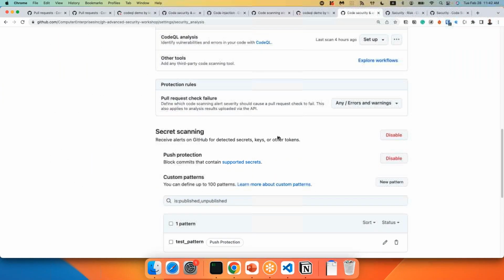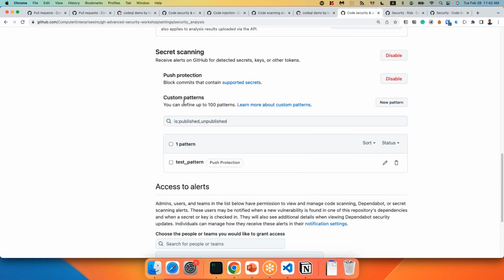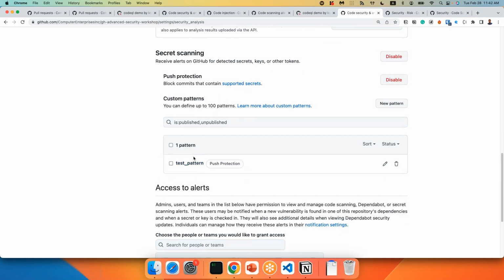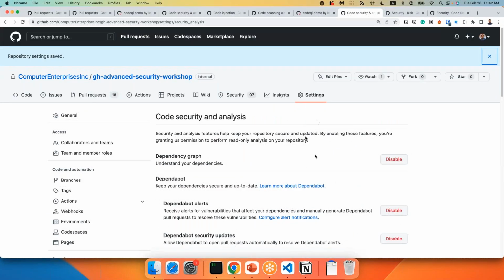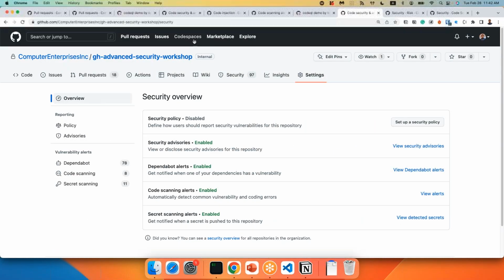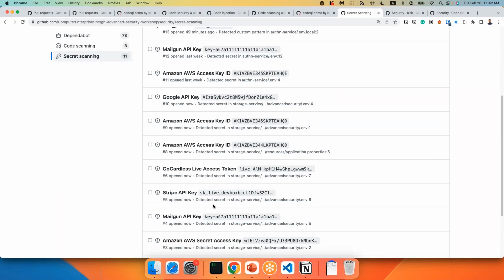So I have enabled the secret scanning, and we can enable the push protection also, and we can add the custom patterns as I have already told, right? So once I enabled it, you can see the secret scanning alerts. There are 11 secrets that are already